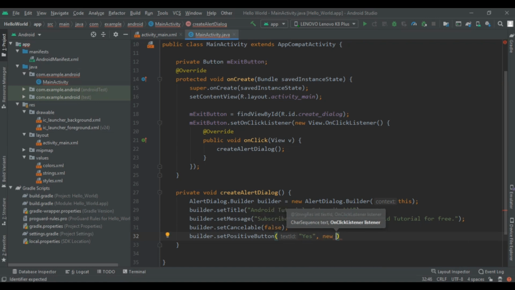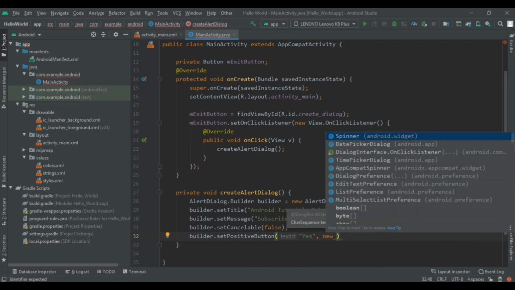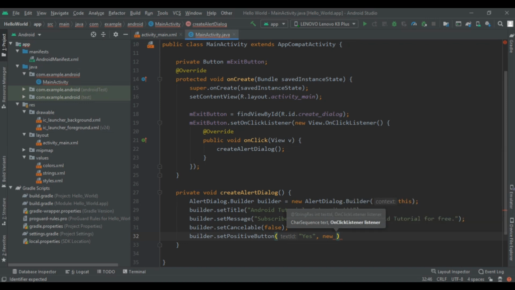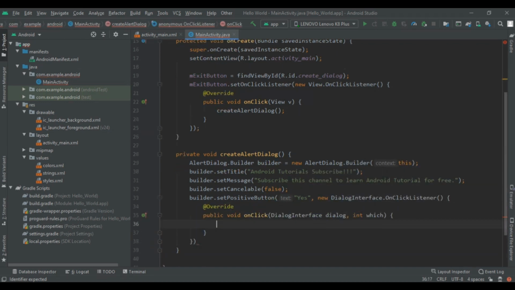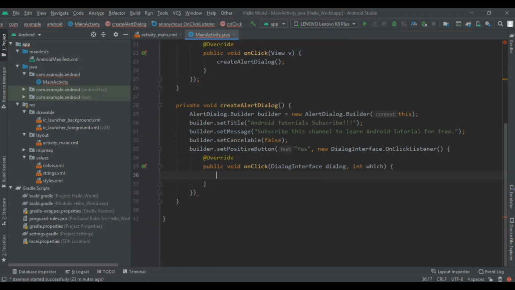So first of all, you have to implement a DialogInterface.OnClickListener, and here you have to write finishAffinity. This will close all the activities and complete that method.